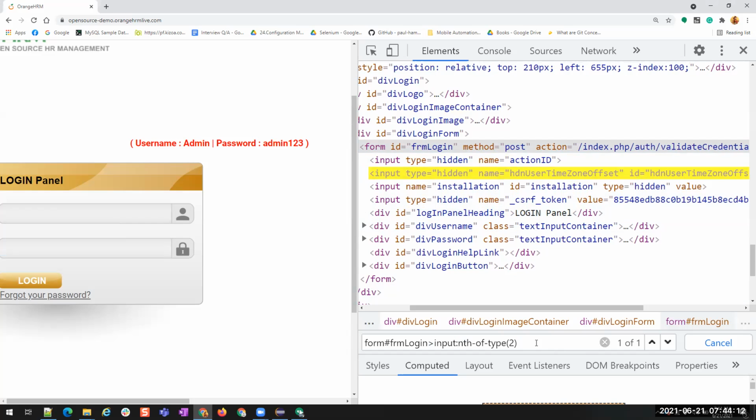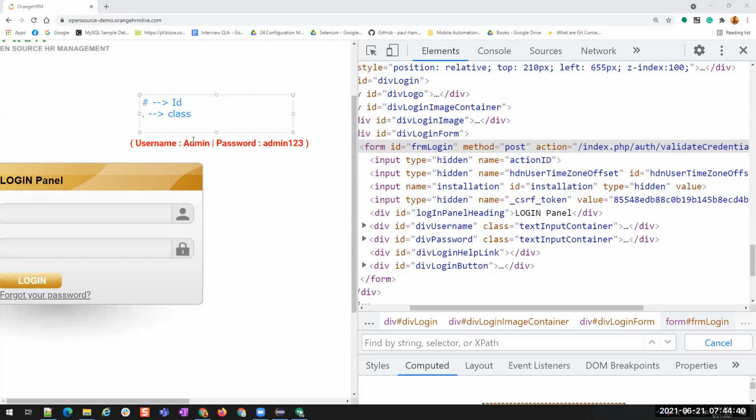Yeah, Nikhil. Now we have seen a few things. That is, hashtag is used for ID, and dot for class attribute, right?